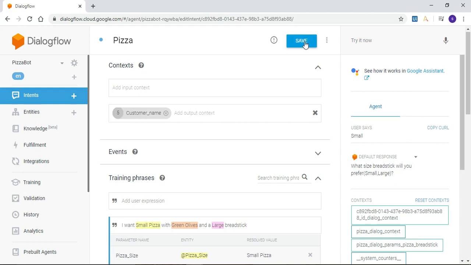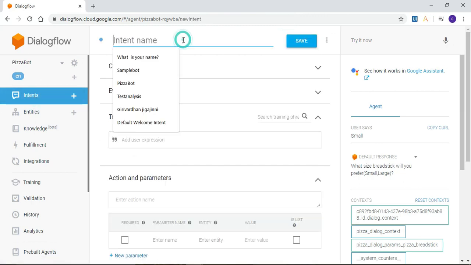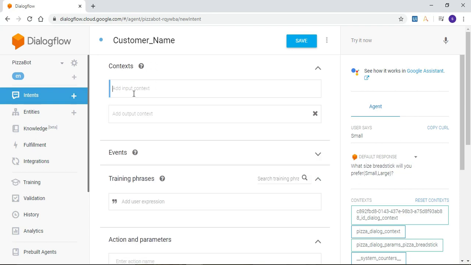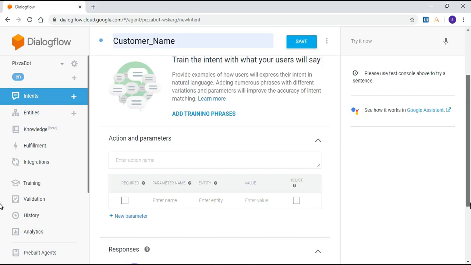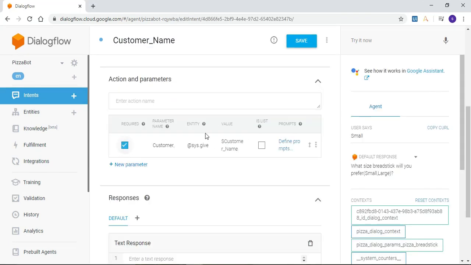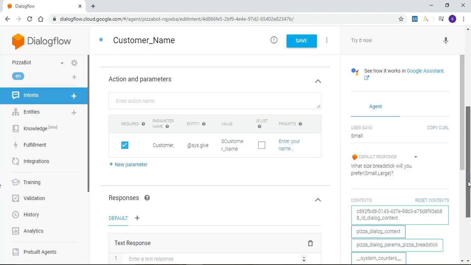Once we have created this intent successfully, go back to the intents main page and create one more intent for the customer name. Pass the context in input context, that is customer name. Click on save, add the parameter first, add a validation for this saying enter your name once again and click on close. Now provide some training for the bot.